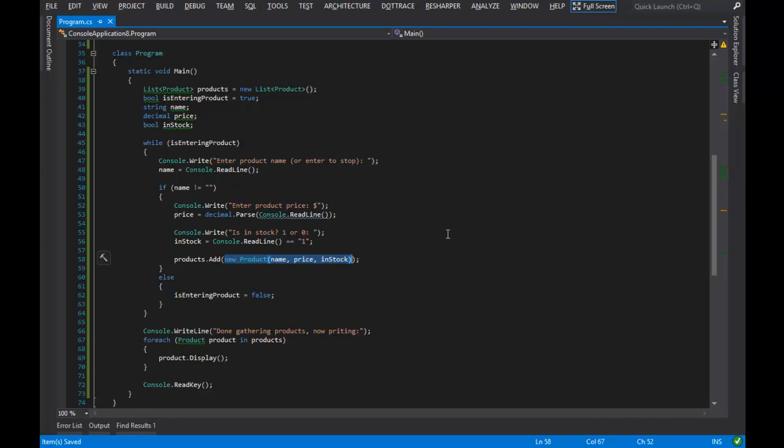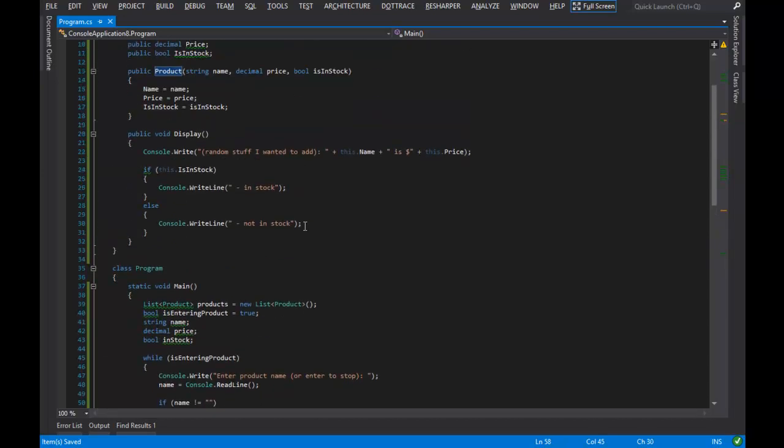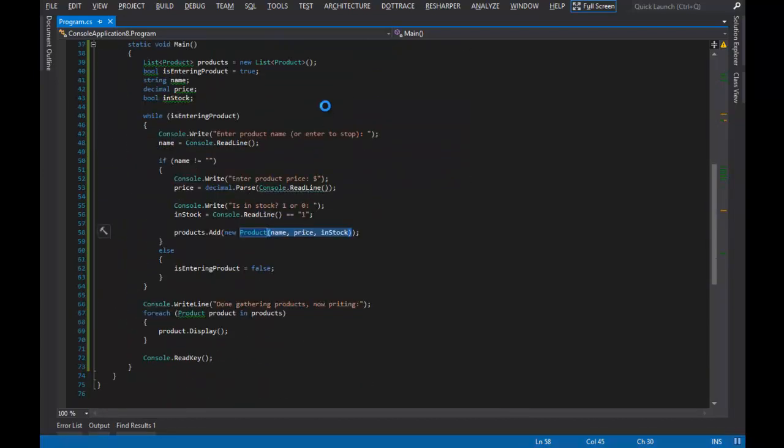The next thing I wanted to demonstrate is we had a question, how would you have a constructor that required information and then have that information be provided by the user? Well, the answer is you would collect the information beforehand, and then once you had all of the information you needed, you would then instantiate the object and pass in that data into the constructor. So to prove that this works,